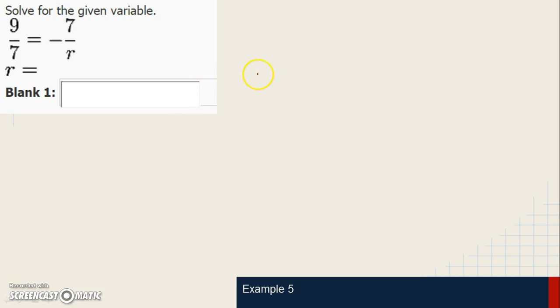Example number 5. 9/7 equals -7/r. We're going to go a little bit quicker now. We know that we're going to cross multiply, so 9 times r is 9r, and -7 times 7, remember we're taking this negative with the numerator, is a -49. And now I'm going to solve by dividing by 9 on both sides. R equals